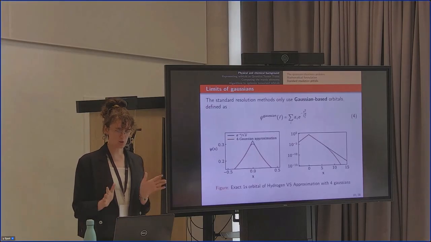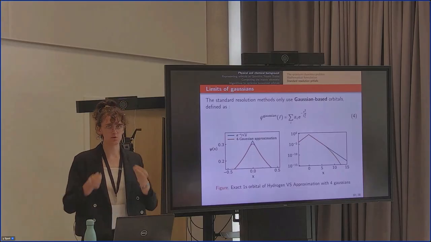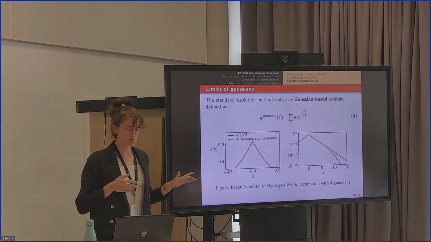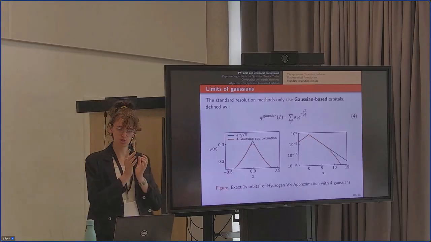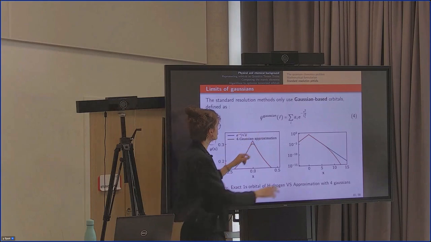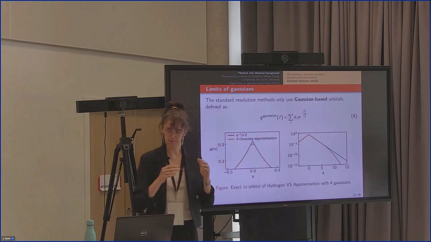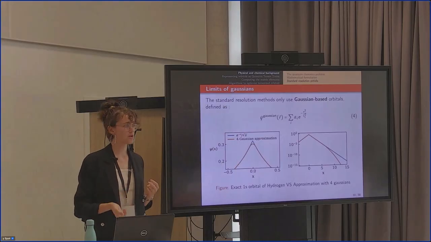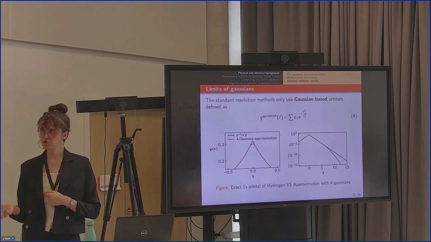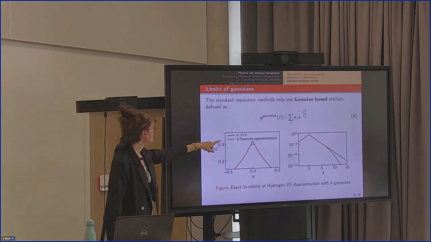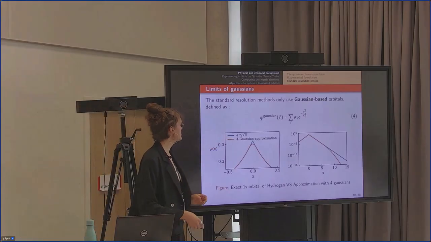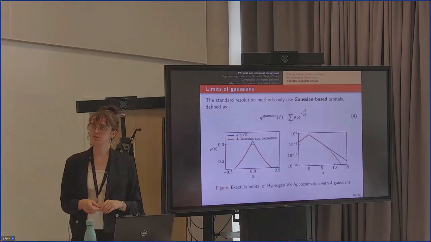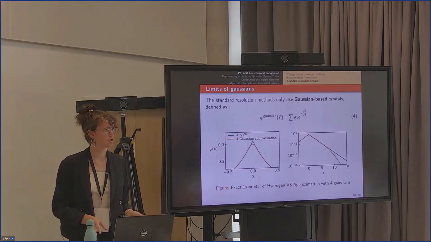So then I was talking about Gaussians. I was saying they use Gaussians because with Gaussians, everything is easy to compute. However, in practice, they put a bunch of them together. So here, it's just a sum of Gaussians with different standard deviation. And this manages to get a good approximation of reality. But we know that for hydrogen, for example, the exact solution is as plotted here, e to the minus r. It's a simple exponential. If we compare the two, there are features present in the exact solution that will not appear in the Gaussian approximation.